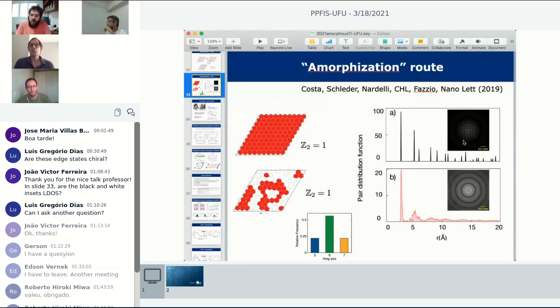Suppose that it's hard to do an X-ray experiment on these guys, but in any case, if you do that, then you should observe this in the diffractogram if you have a clean system. If you have an amorphous system, you blur these peaks in this way. So you basically see these concentric rings. It's not a density of states. It's a different kind of thing.